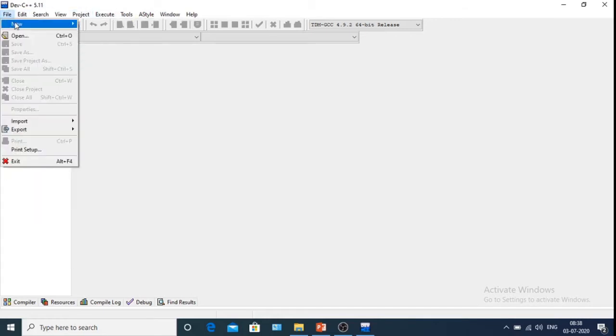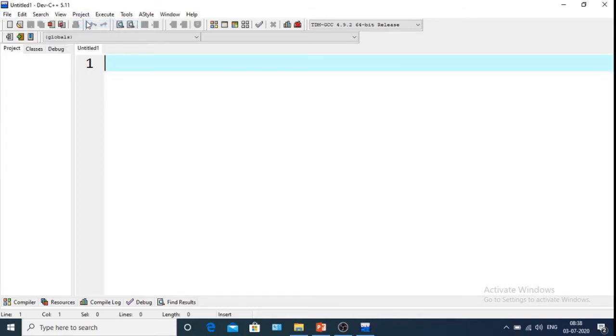Okay. So this is the C compiler. This is the new source file. So first I will write the #include stdio.h. Suppose the program starts from this #include. Okay.